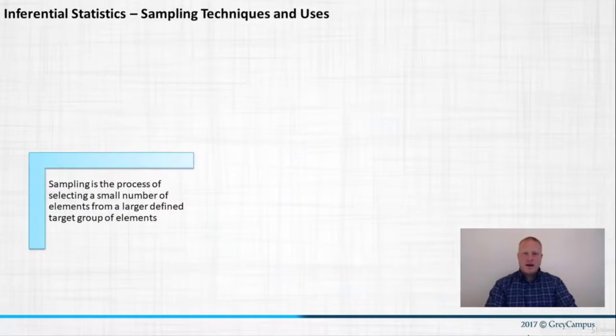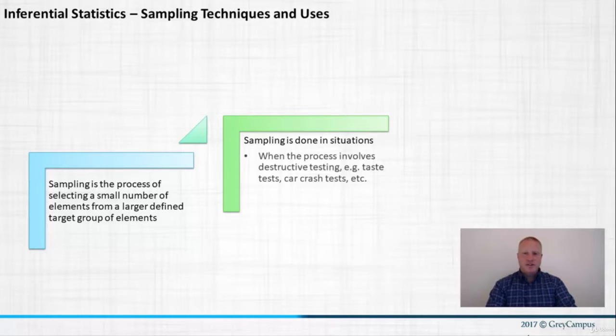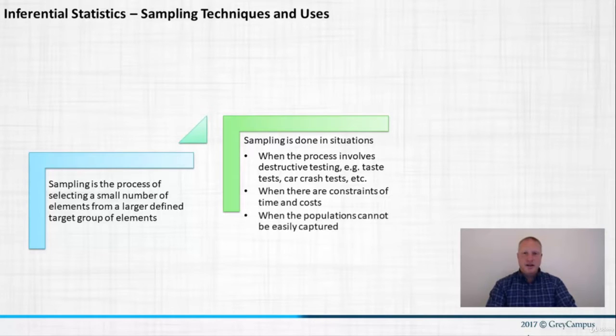So again, sampling is taking a small group out of the larger population. The most important thing you have to remember is that you want your sample to be a good representation of the population. So sampling is done in certain situations and not in others. There are specific constraints such as time and cost, and there are times when populations are just impossible to even